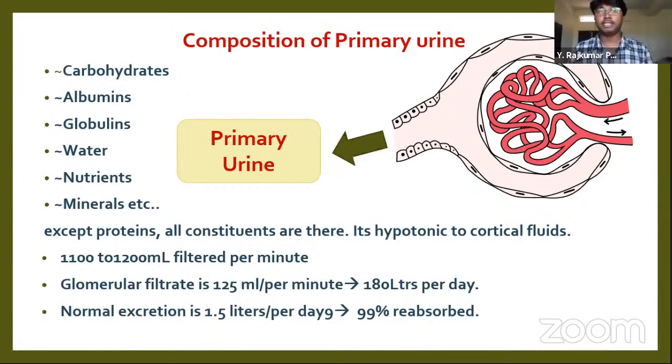Okay, so our kidneys can filter 180 liters. One can make 180 liters of urine per day, but if we excrete all the urine, what happens? We lose all the water in the body, and in the process there will be an osmotic gradient created and we eventually die. So to protect us, to maintain the water and ionic balance, we reabsorb all the useful substances along with water. Usually we excrete 1.5 liters per day, and 99% of the primary urine is getting